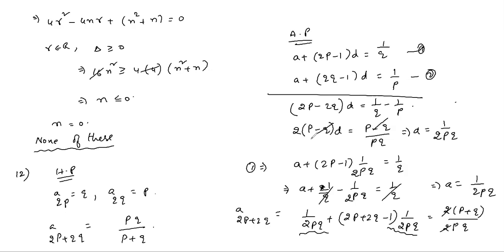So here directly we will get it. We have one more problem like this. By direct adding we will get the (p plus q)th term, but here we have to find the (2p plus 2q)th term. So we have to solve for a and d separately, the first term and common difference. By subtracting, we will get the d value, and substituting the d value in any one equation, we will get the a value. So corresponding to a and d, you find the (2p plus 2q)th term. This is the AP term. In HP, it is the reciprocal, so pq by (p plus q).